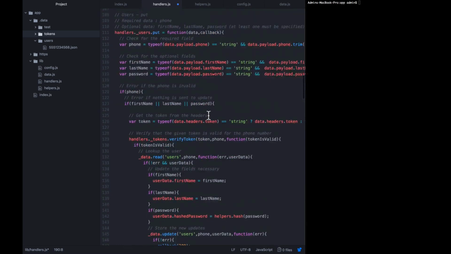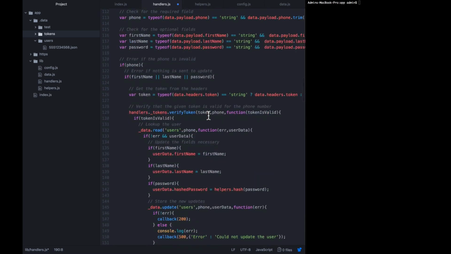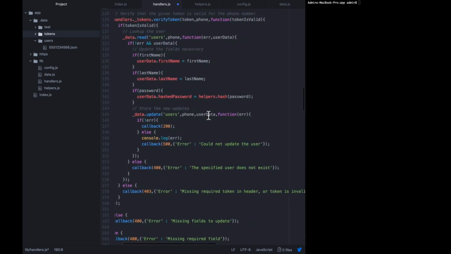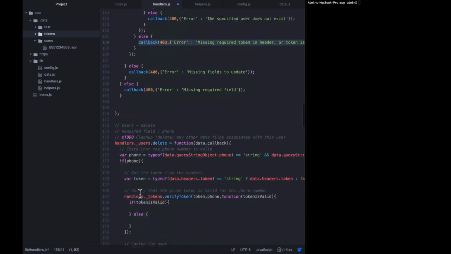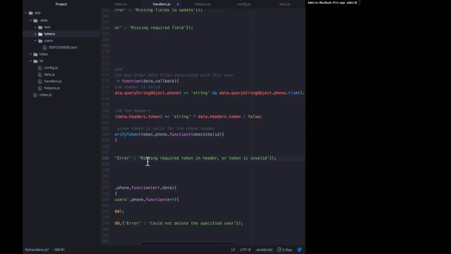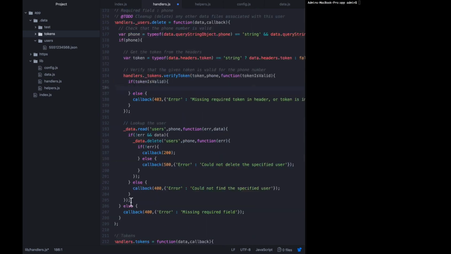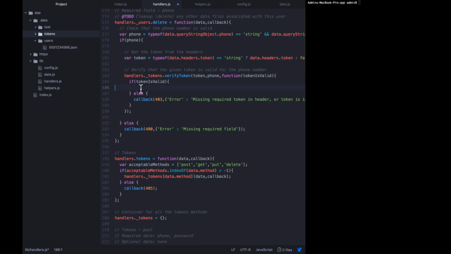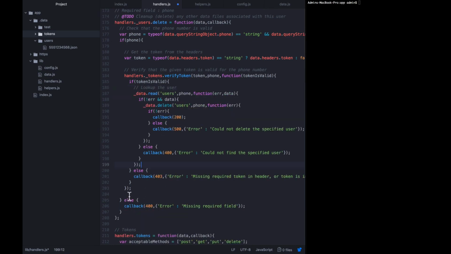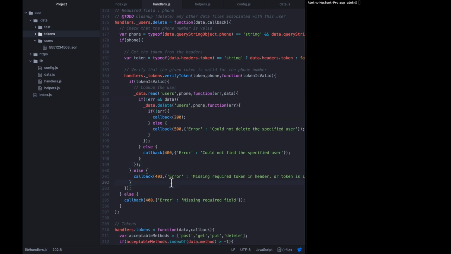I'm going to grab the same 403 error from above, put that in the bottom of the else, and I'm going to place the rest of this logic inside tokenIsValid. All right, so now we've modified users get, put, and delete so that only a user